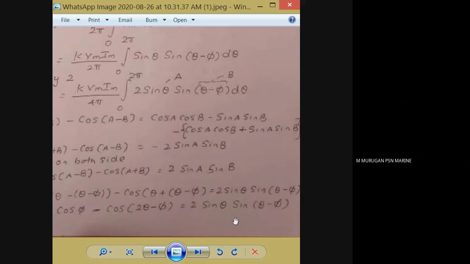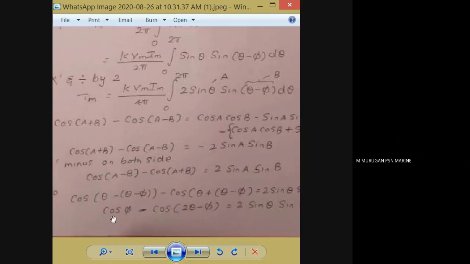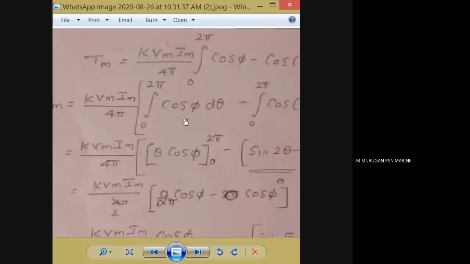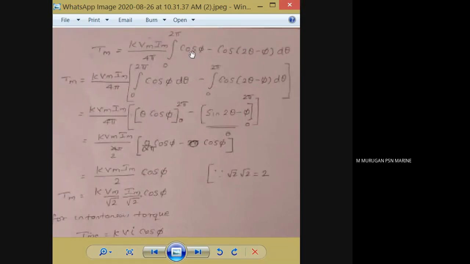So for that 2 sin theta minus pi, I can write cos pi minus cos(2 theta minus pi). I am simplifying this, meaning I can get this value, cos pi minus cos(2 theta minus pi). So instead of writing these things here, I am going to write this value. And what is the answer coming? So cos pi minus cos(2 theta minus pi) d theta I can write.